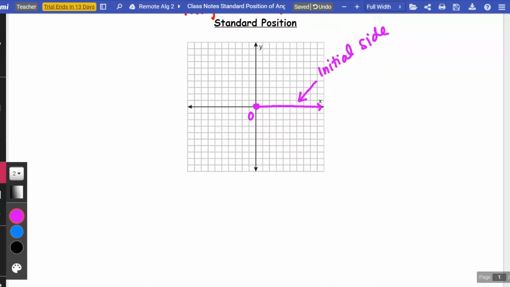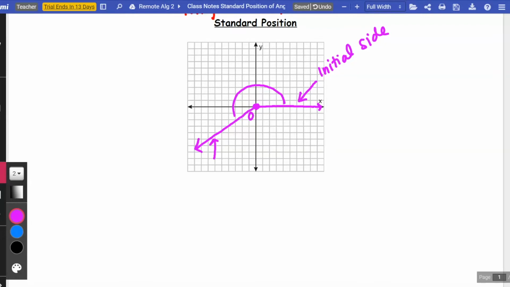Then the other side of the angle, the terminal side, can rotate counterclockwise to any position, still starting at the origin, but to any position on the coordinate plane. For example, I could rotate this terminal side so that it goes through quadrant 2. Or maybe I want the terminal side to go through quadrant 3. So what I have here is an angle that's been created by our initial side and then this is what